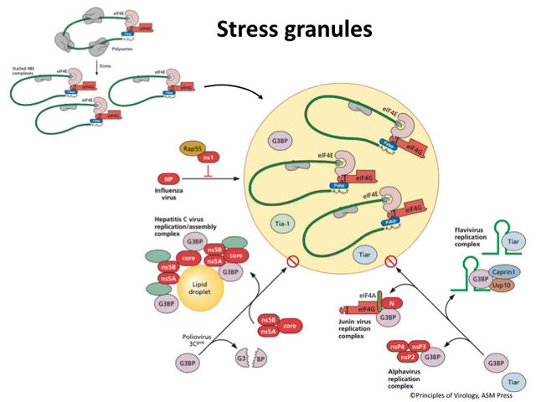So a variety of strategies, which are diagrammed here, have evolved to prevent the formation of these stress granules. For example, poliovirus, one of the proteases of poliovirus cleaves G3BP. The point is this is an essential component of the stress granule, and when it's cleaved, the stress granule can't form. So that's how that virus gets around it.